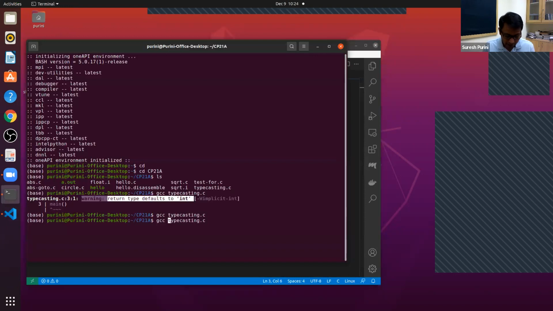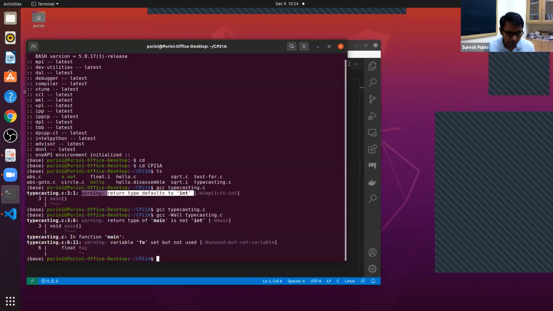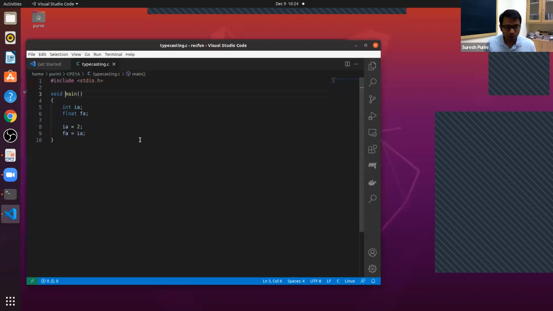Or GCC minus. So if you see here, it says variable FA set but not used. Okay, don't worry about it.